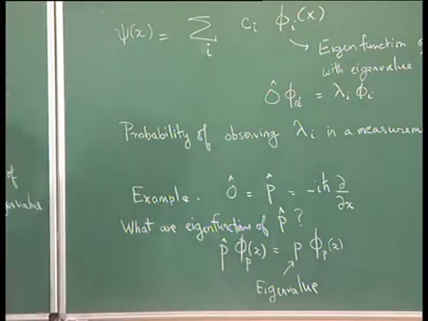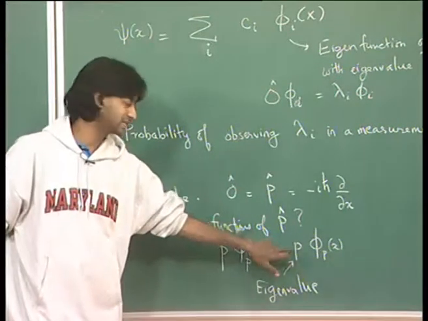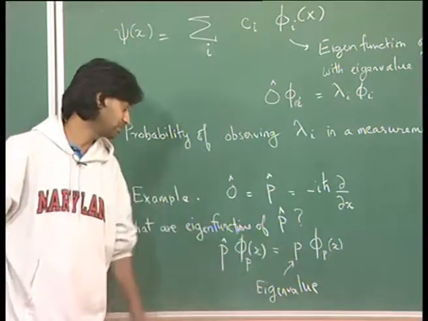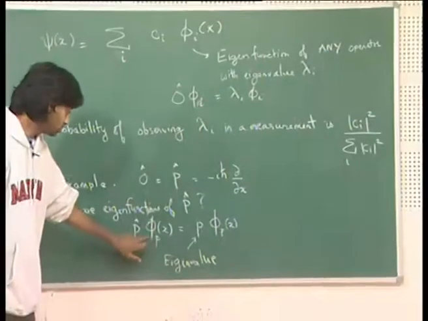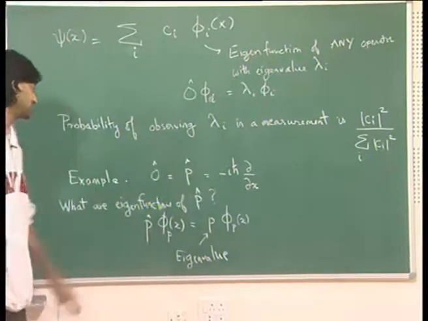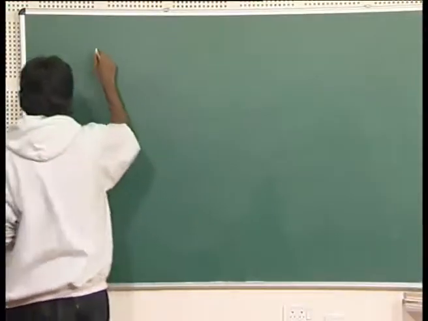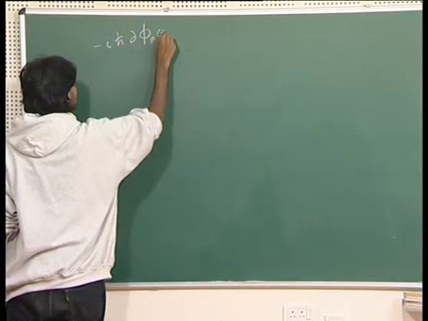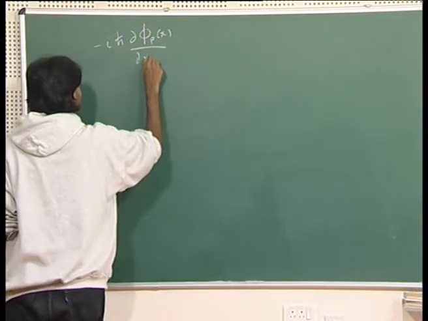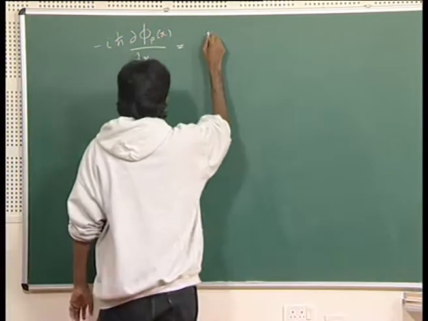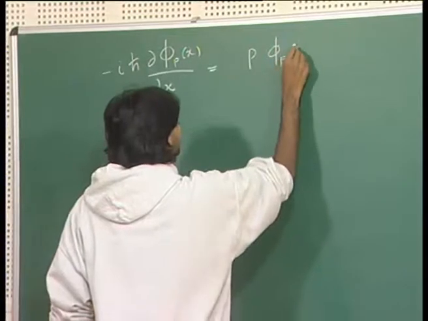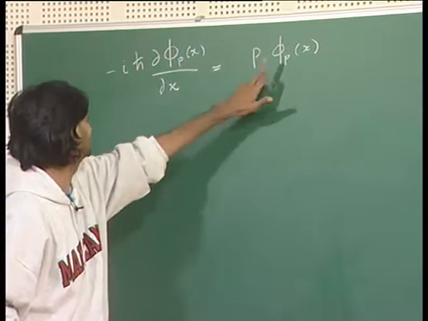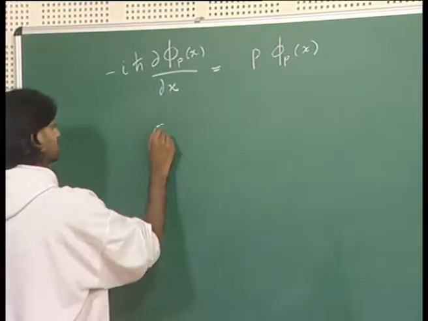Okay. So, eigenvalue is some momentum, that means you make a measurement and your value of momentum is p. So, p is an eigenvalue. Now we have to solve this equation substituting this value for operator p. So, you have minus i h cross d phi p of x by dx is equal to p phi p of x. If you bring the phi p on this side, you take the dx that side, you integrate it, what you will get is the following: